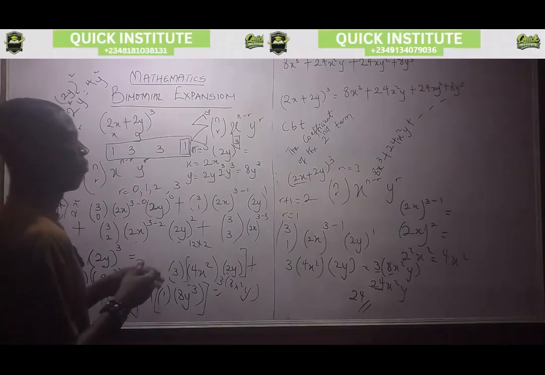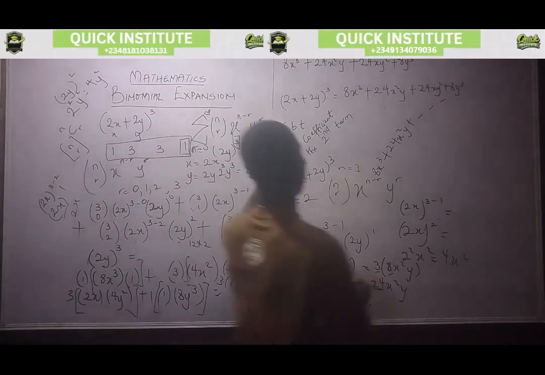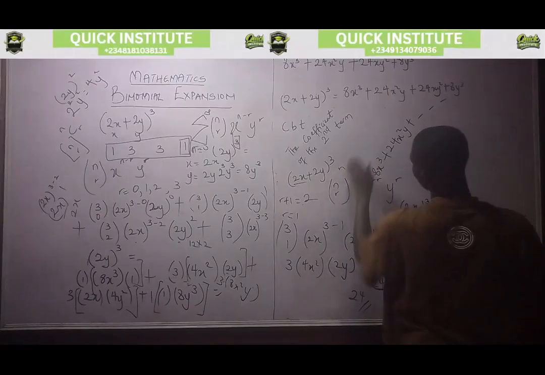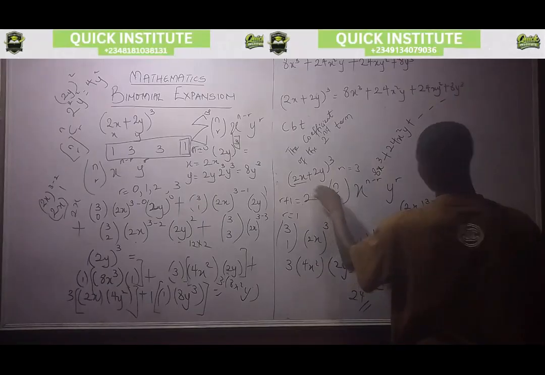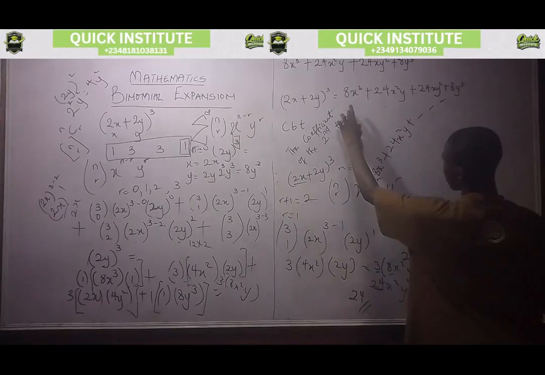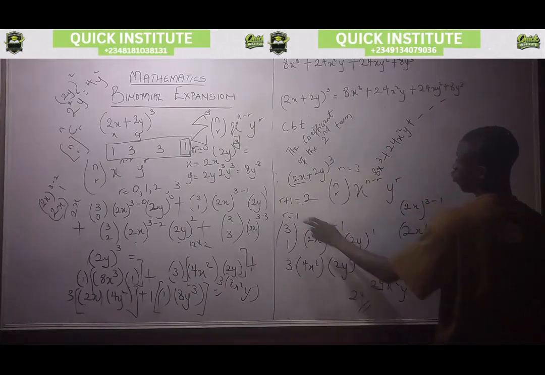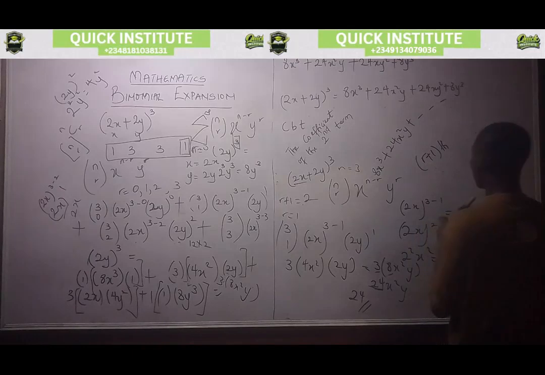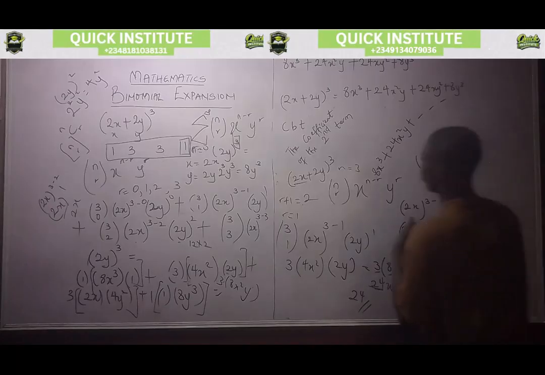This is how CBT may come. They may say you should find the coefficient of the second term of this expansion, which is (2x plus y). So now to find this second term, you remember that I told you r plus 1 term. You are given a fixed number of terms, so you consider your number of terms to be